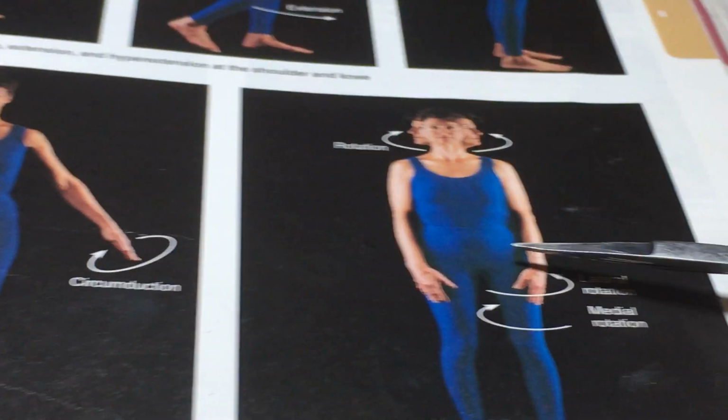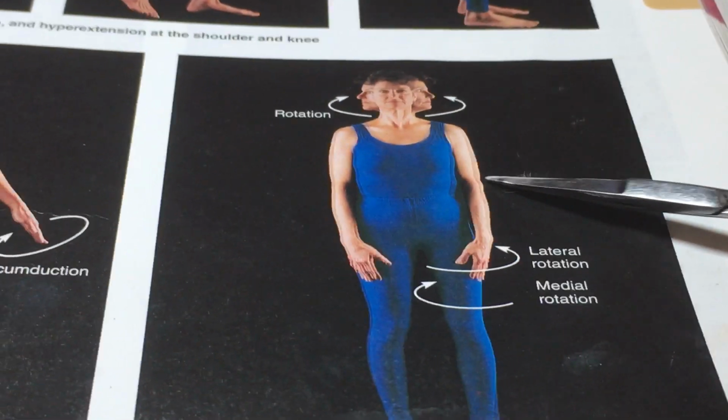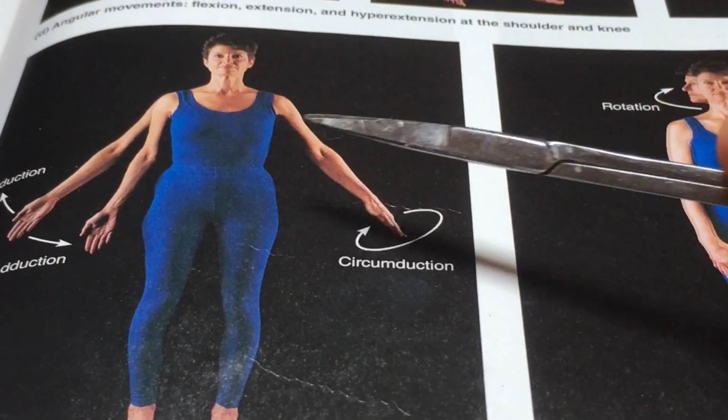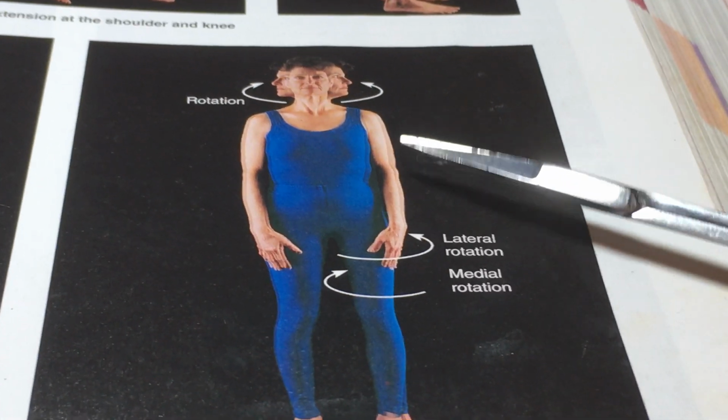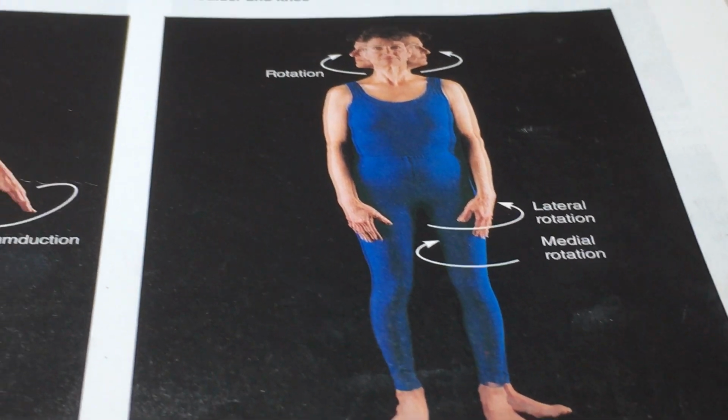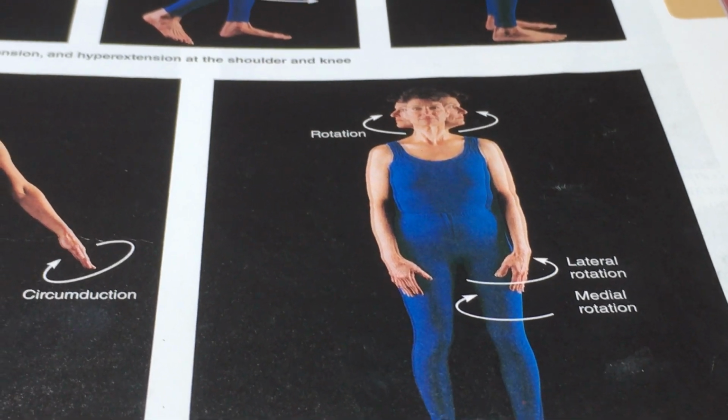So the unique feature of a ball and socket joint is that it's capable of lateral and medial rotation as well as circumduction. Okay, so that's what's unique about ball and socket joints. Okay, so